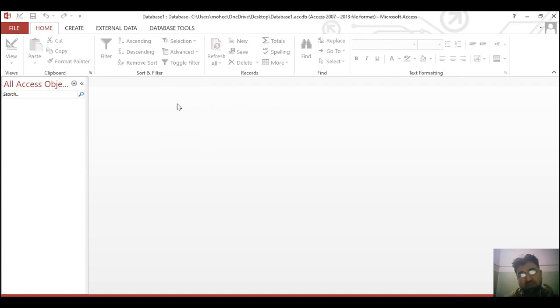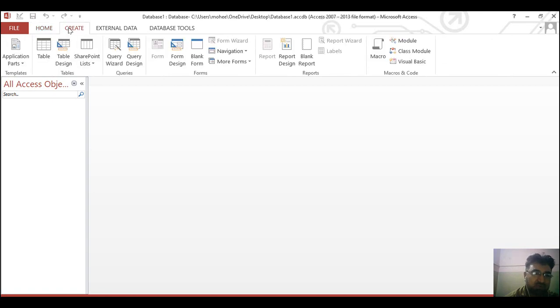So before Access 2010, and maybe 2007, this warning sign appeared every time in the database unless we moved our file to some safe declared zone. So in 2013 we have this advantage that once we declare the file is safe, the database is secure and trusted, then it does not give the security warning again.